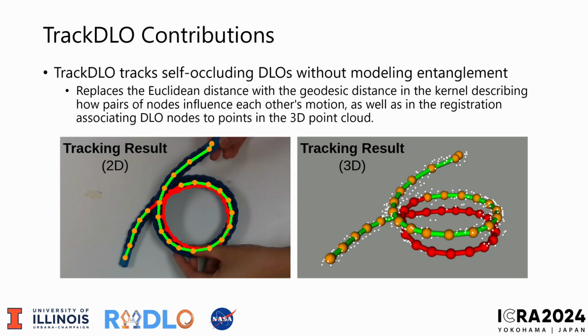TrackDLO tracks self-occluding deformable linear objects without modeling entanglement. This is achieved by replacing the Euclidean distance with the geodesic distance in the kernel, describing how pairs of nodes influence each other's motion, as well as in the registration associating DLO nodes to the points in the 3D point